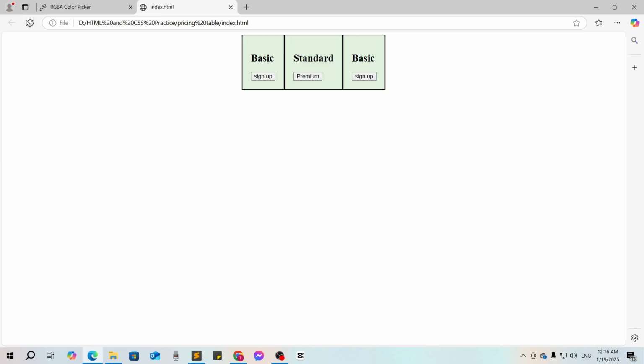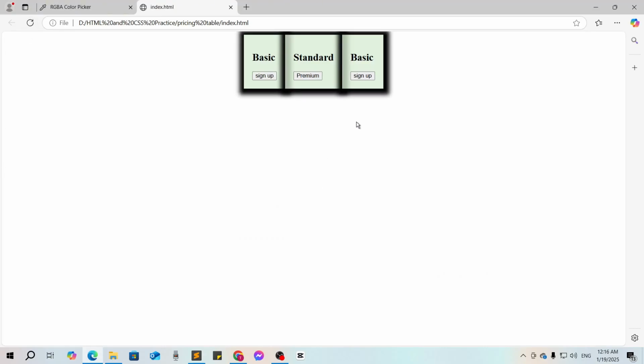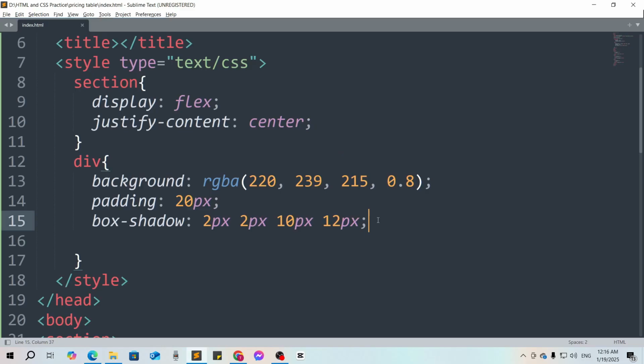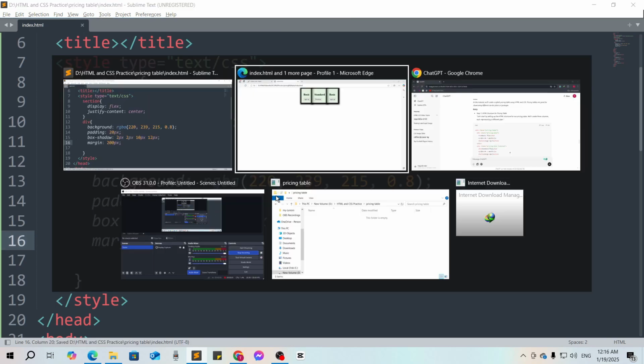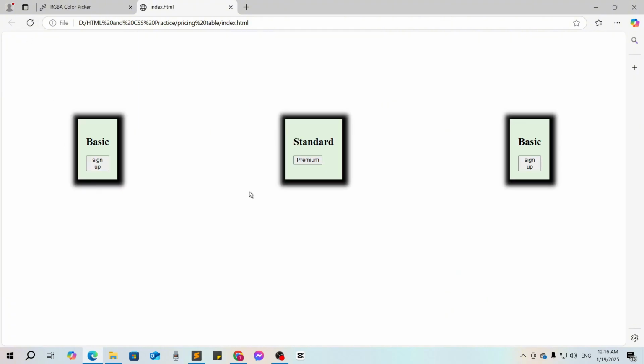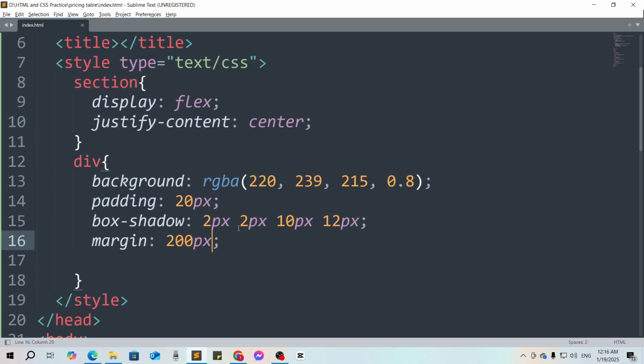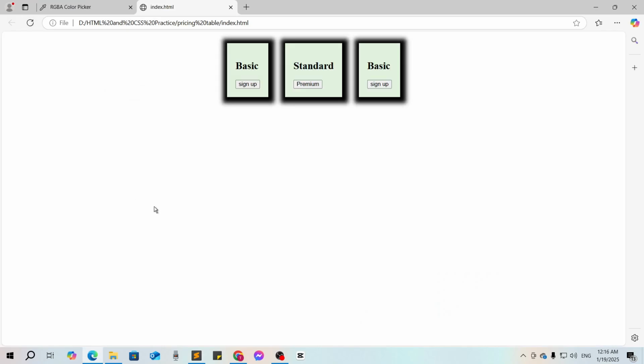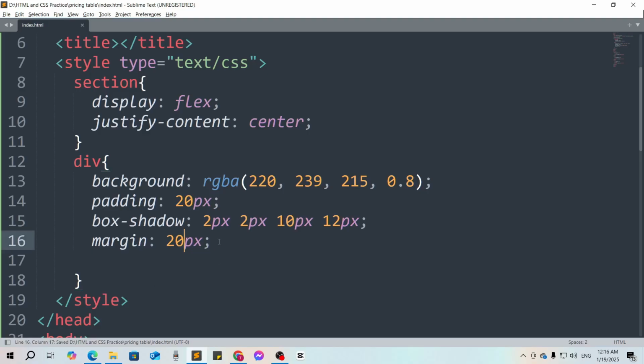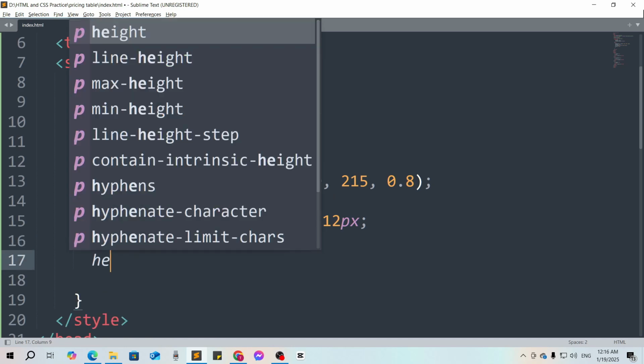So now go to the browser and refresh it, and here you can see, okay, I have added actually more than enough. So okay, let me just change it later, and I will add margin here at first. Margin, actually I want to give margin, let's say 200 pixel, maybe, I don't know. Refresh. So yes, I want to actually add 20 pixel only, not that much. Okay, so yes, and height should be auto,